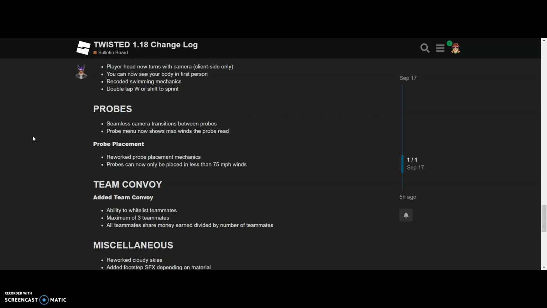Probes have been changed. Seamless camera transition between probes. The probe menu now shows the max winds the probe reads. Probe placements have been changed again. I think they haven't been changed, though, the other part. So, the probe placement mechanics have been reworked, so much better. Probes can only be placed in less than 75 mph winds, otherwise they just blow down when you're trying to set